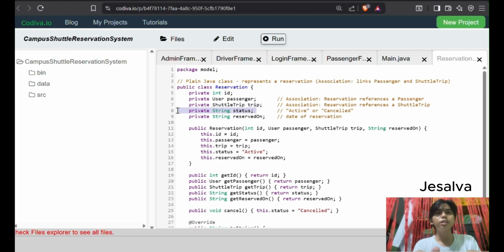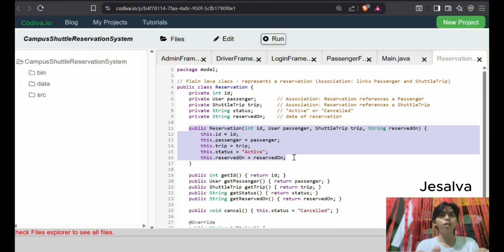Next we have the status, which shows if the reservation is active or cancelled. Then we also have reserve on, which stores the date when the booking was made. Now for the constructor, this is where we assign values when a new reservation is created.